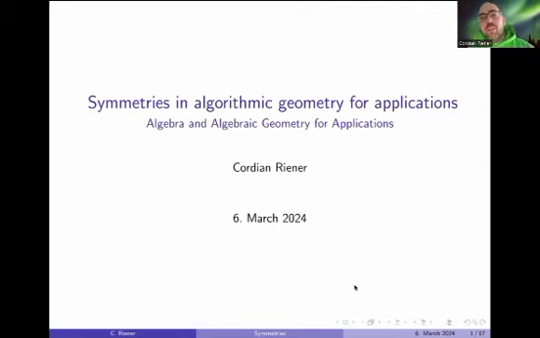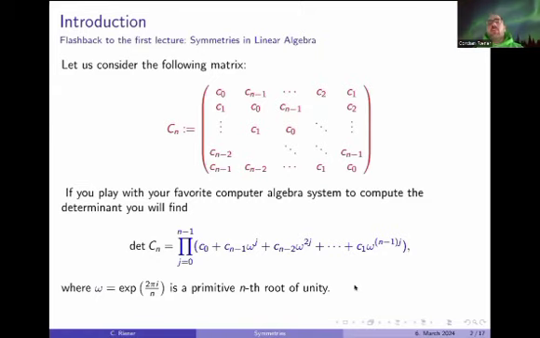Yesterday, or actually the day before yesterday already, I started with this very beautiful example of the circulant matrix, and I talked a lot about it as a motivation, but I felt that we never have explored this concretely. So today I would like to use this tutorial to do a hands-on experience with how we get to this example. Remember, I told you that when you look at this matrix where these coefficients are indeterminates, so these are not numbers, they will be variables,